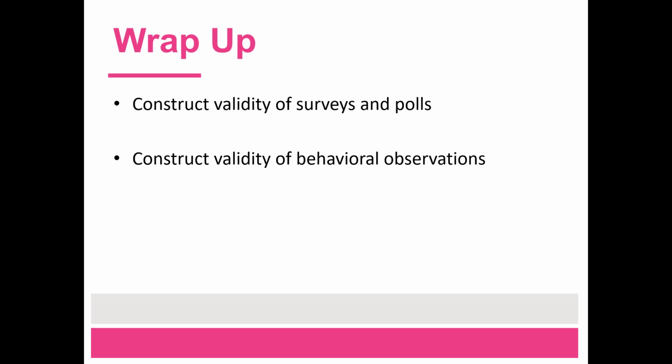So let's wrap up this week's topics. We talked about construct validity in both surveys and polls, as well as in behavioral observations. Surveys and polls need to consider the question's formats, that the questions are well worded, and that they are designed to encourage accurate responses. Observational research needs to be careful to watch out for other threats to its construct validity, such as observer bias, observer effects, and reactivity. Finally, it's important to ensure that the process of collecting information is done in an ethical manner. If you're observing someone either with or without their knowledge, it's important to consider if what you're doing is ethical.